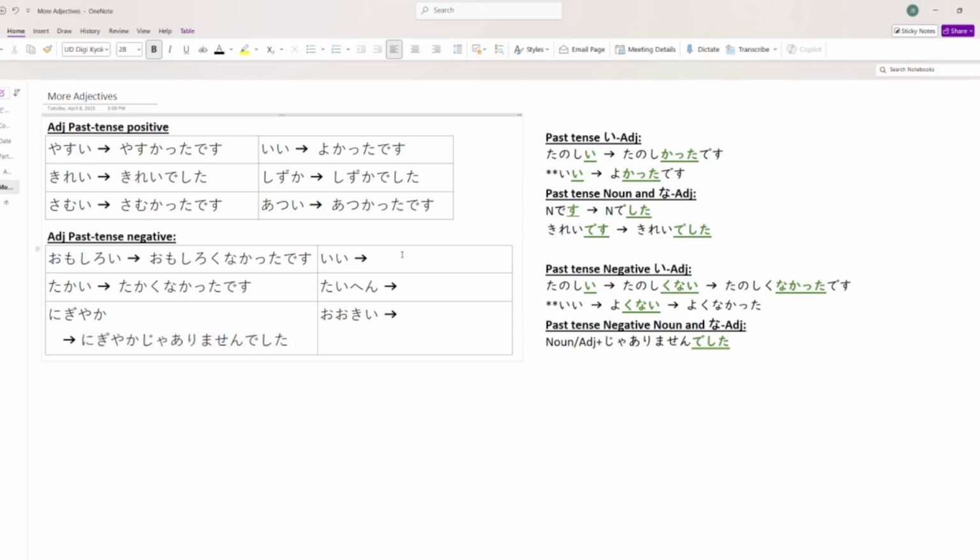Okay, we'll do E next. Okay. And E's on the watch list. What do we do? Yokunai, and then yokunakatta. はい、良くなかったです。